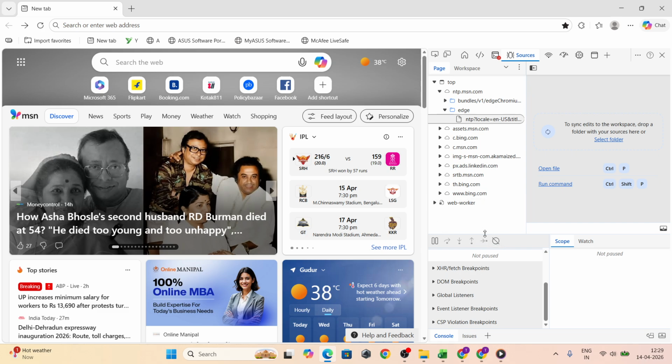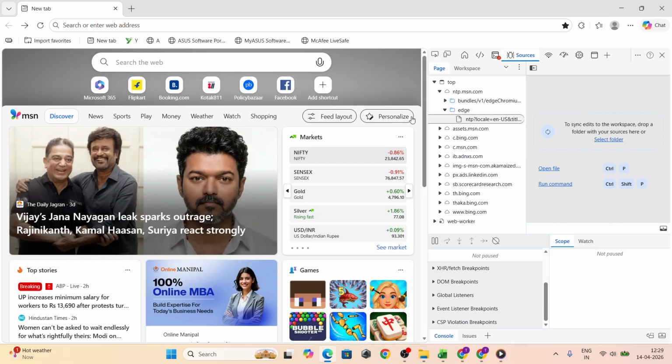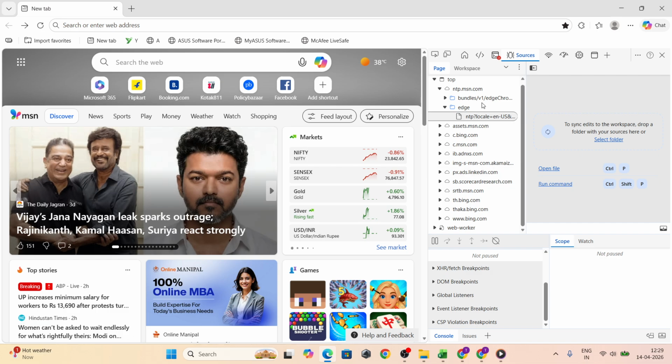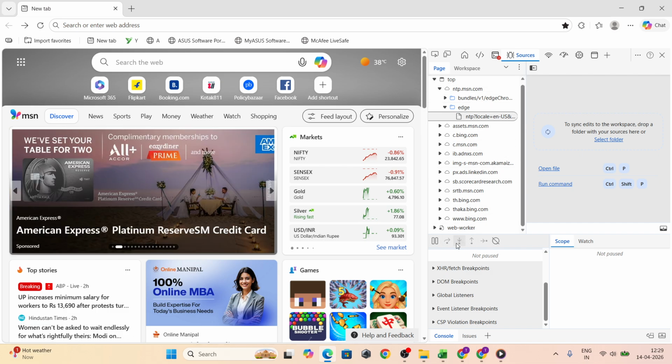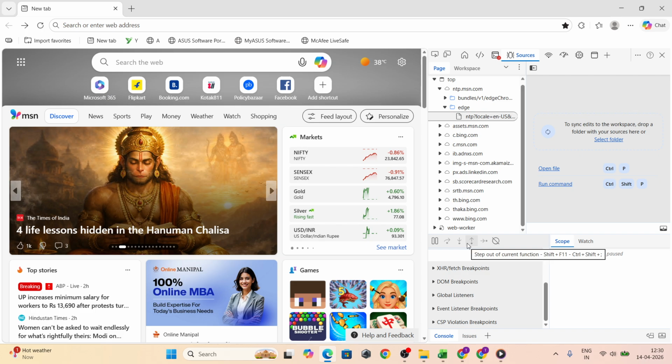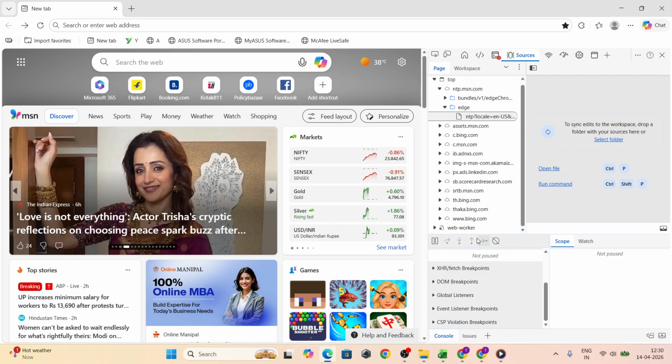The override stays active only while DevTools is open and only for that tab. Reload the page if needed to let the site pick up the new location. When you are done, return the geolocation setting to No Override, or simply close DevTools to go back to your real location. That's it. You've learned how to allow, block, or clear website access to your location in Microsoft Edge,